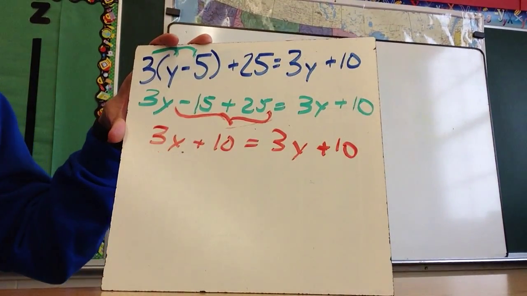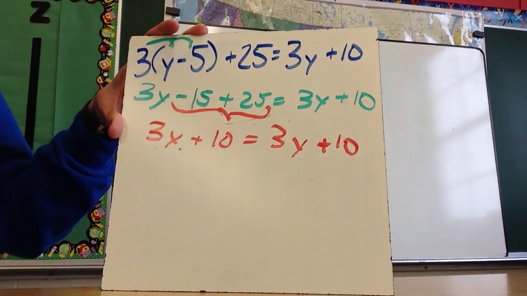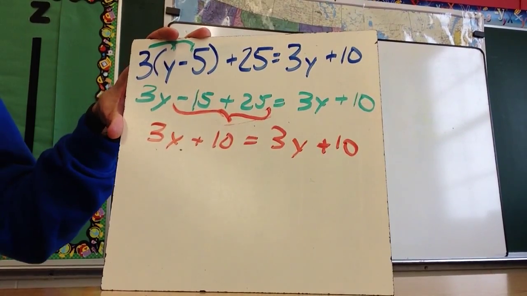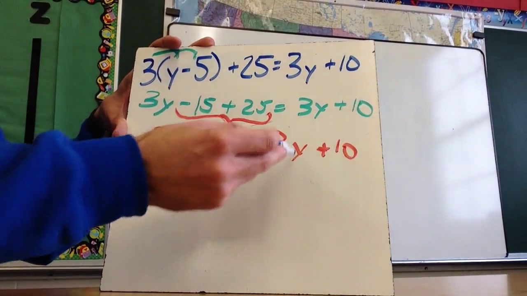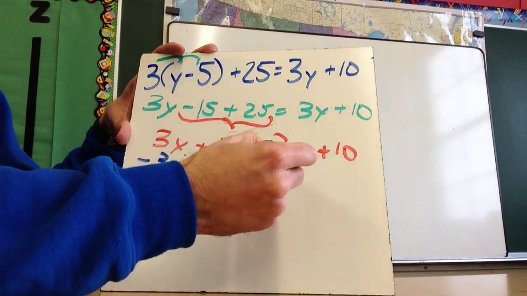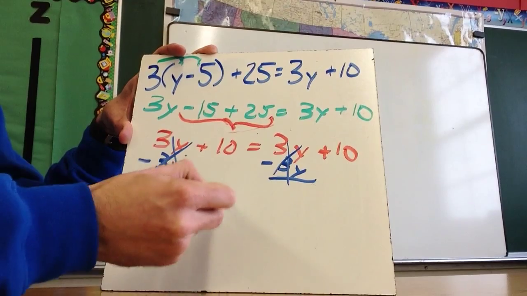All right, I think some of you are starting to see the problem. Let's pretend for a second that I don't. So I don't see what the issue is. So next thing I'm going to do is subtract 3y from both sides, because I want to move the y's over to that side, or however you want to see this. So if I subtract 3y, these would go away, and I would be left with 10